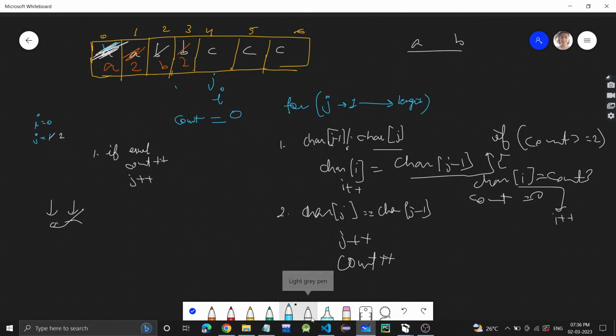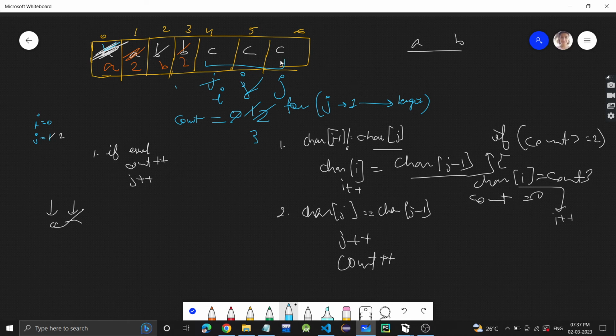Now j will increment and come here. Oh, sorry, here this was I, j will come here, right? The previous character is the same as the current character. So we'll just simply increment the count to 2 and move j forward. Here also the previous character is the same, so count will increase. Okay, and at last, now j is out of bound.